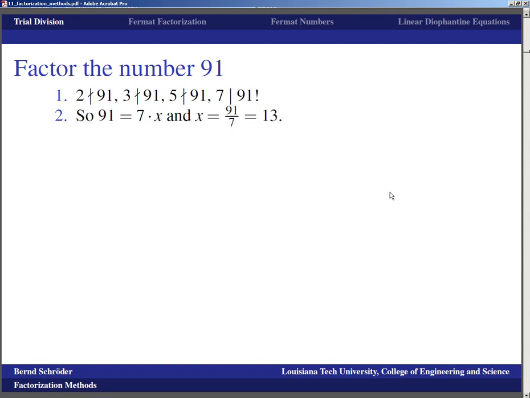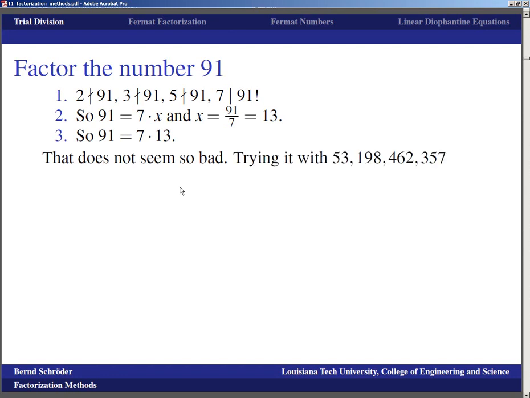In one talk, I think it was John Conway whose talk I attended, he said 91 is the first number that looks like it's a prime number, but it isn't. That's because its factors are 7 and 13, for which division tests are a little bit harder than for the other early prime numbers. Okay, so 91 is 7 times 13, and that doesn't seem so bad until you try it with a number like this,